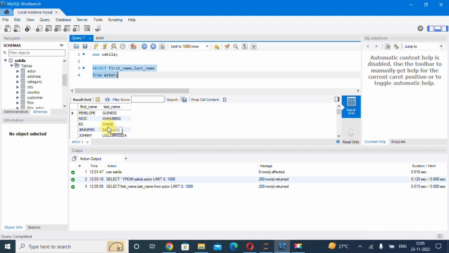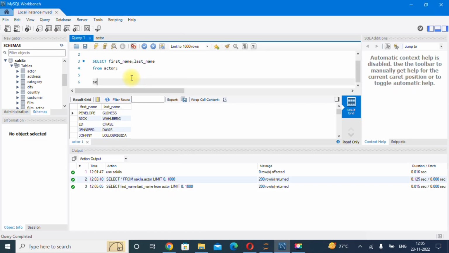And as you wrote first name and last name, you get only first name and last name here. Now see, let's suppose I write SELECT again, actor ID. Actor ID is available in that table, as I just showed you, and I am interested in actor ID and first name. So you have to write actor ID and first name here.